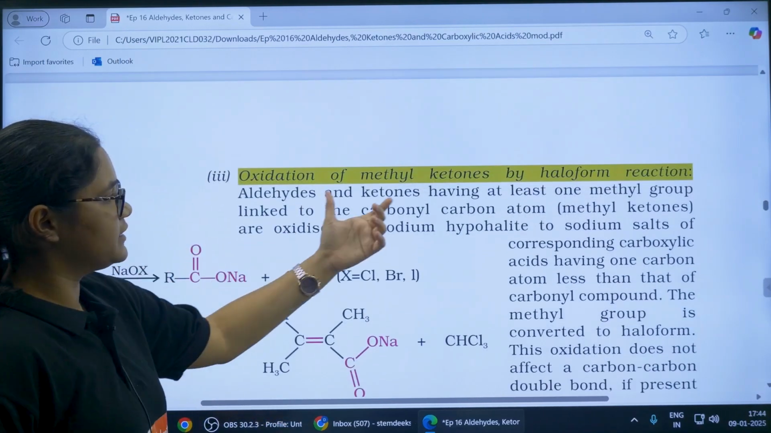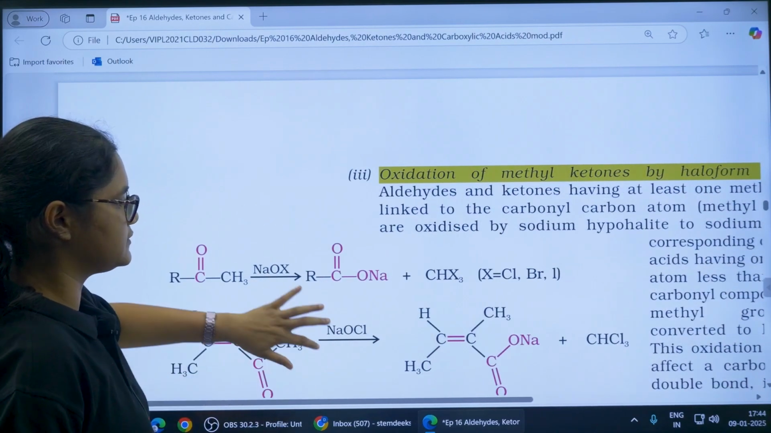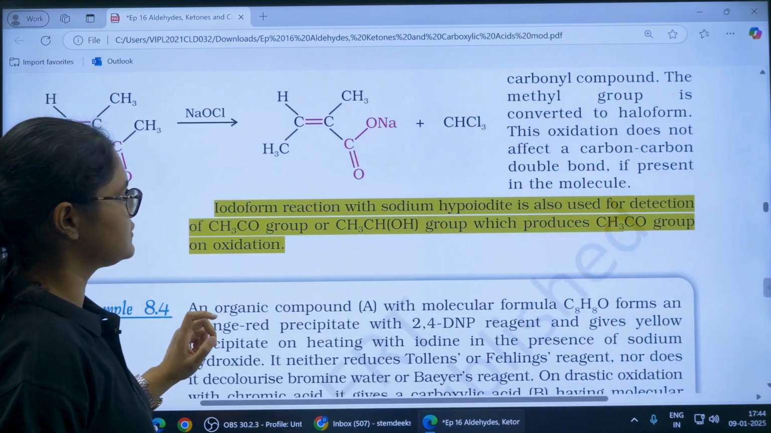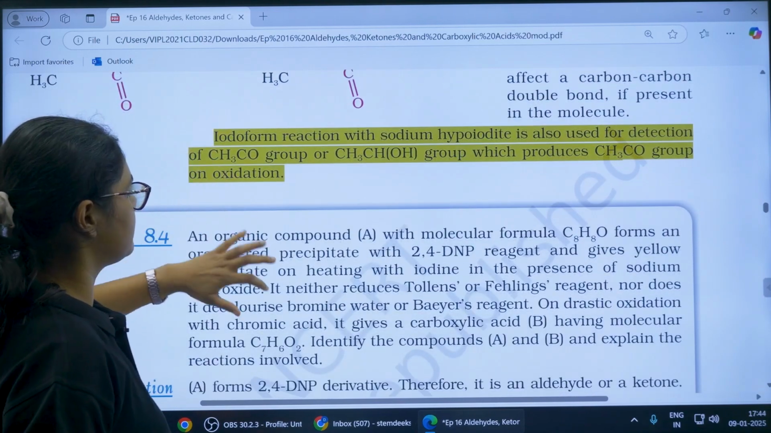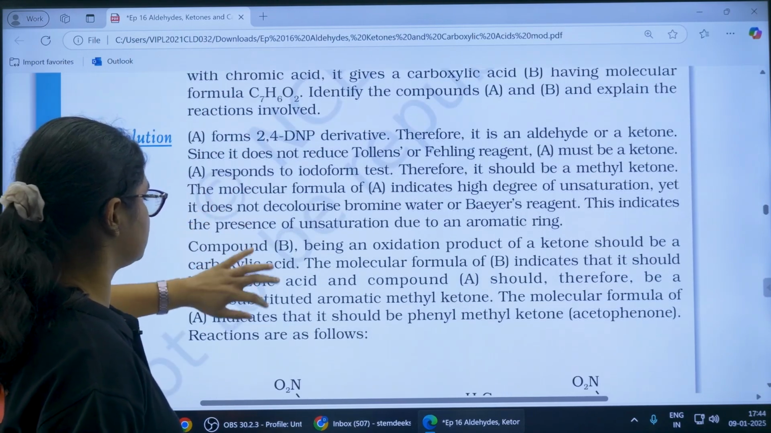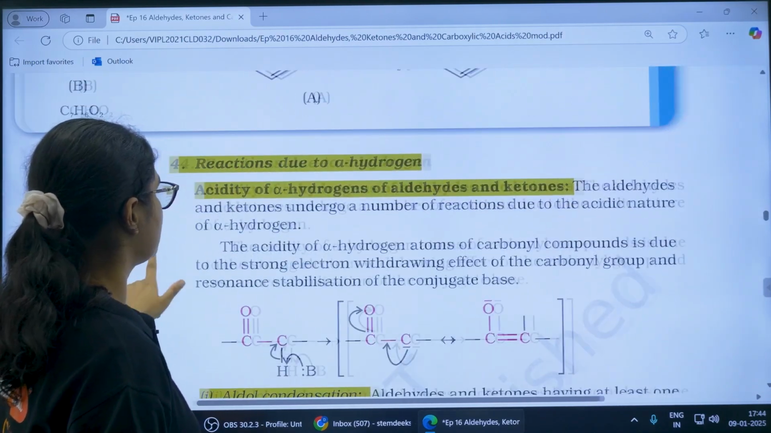Next is oxidation of methyl ketones. So this is your haloform reaction. This is important, right? These reactions are important. Next, here is the importance of the iodoform reaction. These in-text questions, please solve them. Again, this is important. Then coming to your